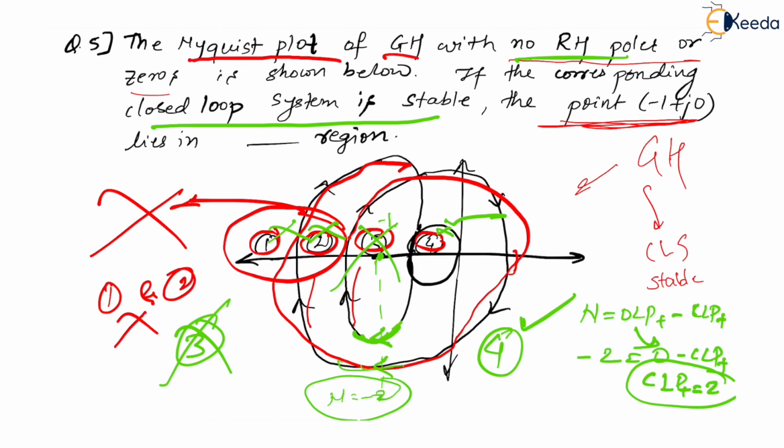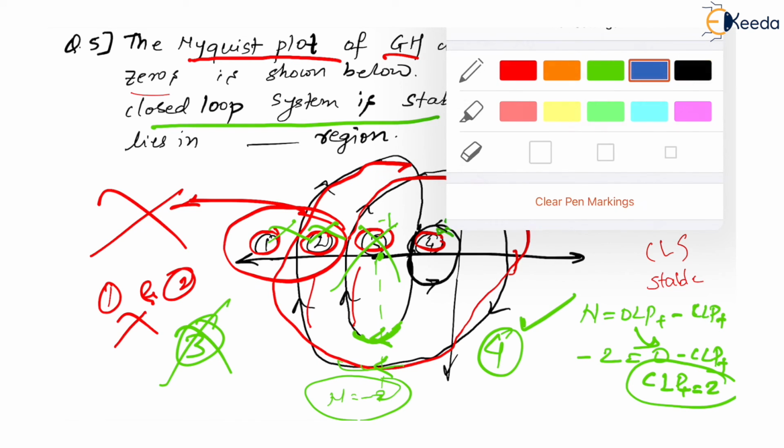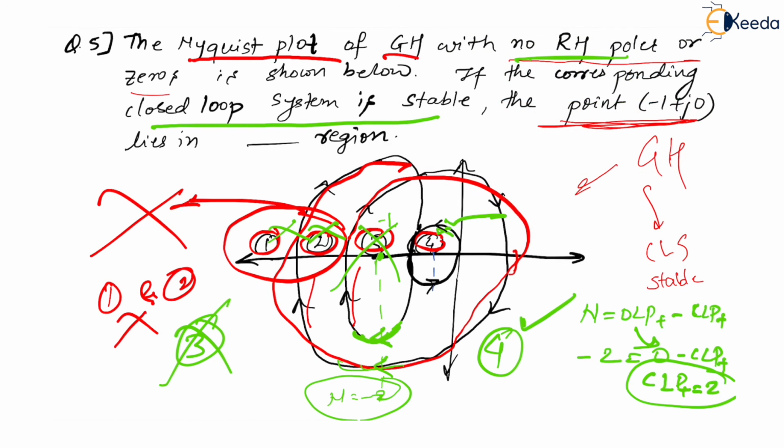If you want to check it, you can check that out also. Directions, right? So for this 4, let me just take it downwards this way. Let me assume that here you have this minus 1. You find that you have one in the anti-clockwise direction and another one in the clockwise direction, which means minus 1 plus 1 becomes 0. So N is equal to 0 for the fourth region. I hope now you have understood the complete stability criteria in detail, right? Thank you.